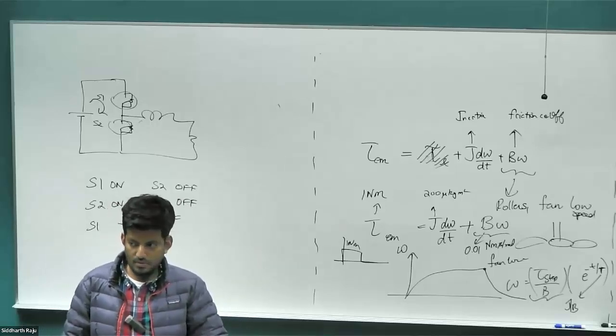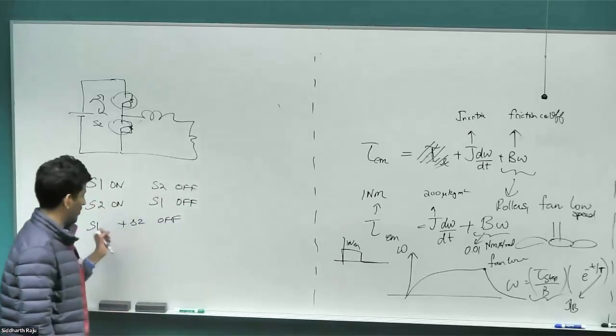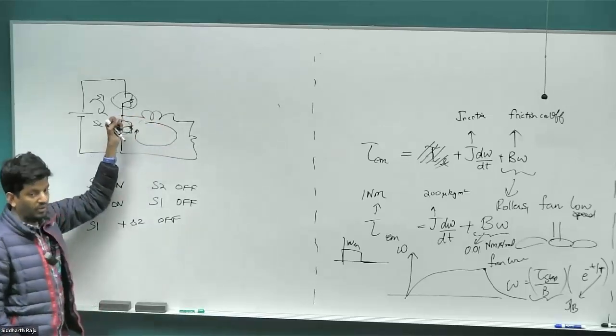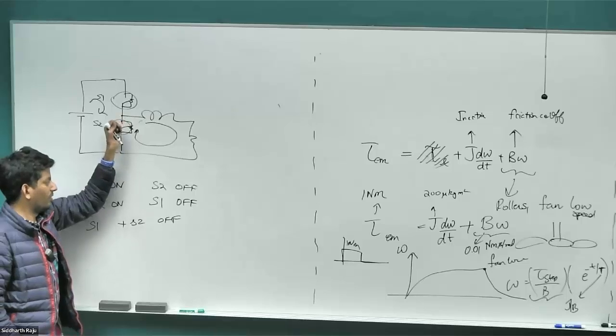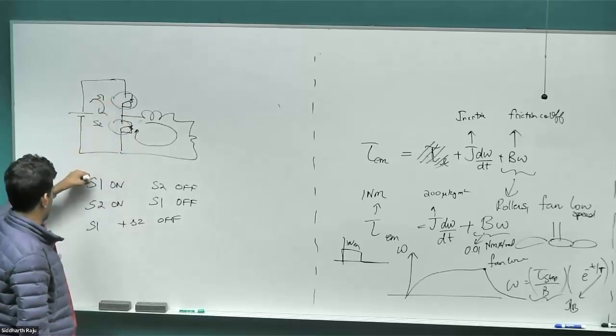It'll conduct through the body diode. It's absolutely fine. You can have both of them off, even when there is current through. You'll just conduct through the body diode when you use a MOSFET, right? So that's absolutely okay. And it's a necessary state too, because when I have switch 1 on, switch 2 off,